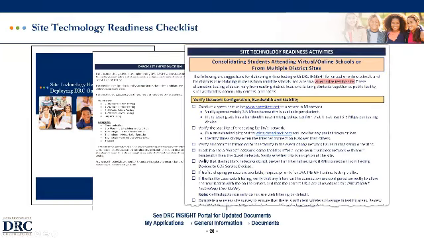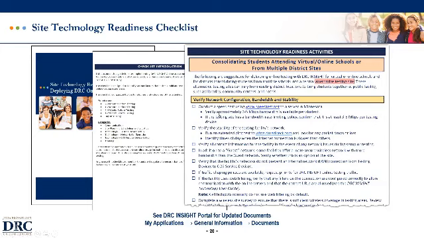So just some additional resources that I've referred to. This is the Site Technology Readiness Checklist. It should be posted on all of your DRC Insight portal general information downloads documents tab. And this is the section I referred to. It's at the very end. You probably haven't paid that much attention to it in the past, but it is something that we can use for setting up an alternative testing site for this scenario. So this is the section you're going to want to use. I still recommend you go through the rest of the document as you're preparing your site,